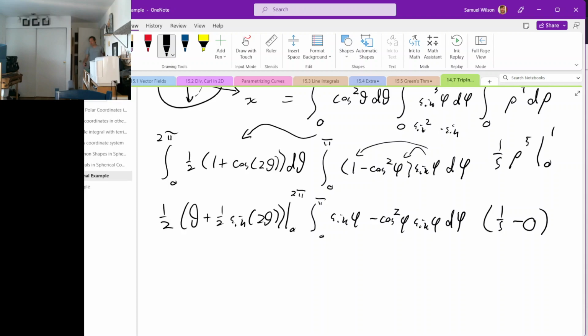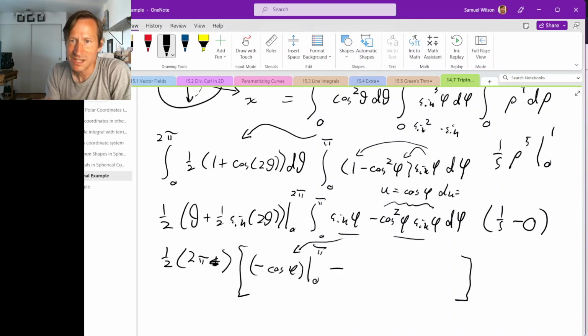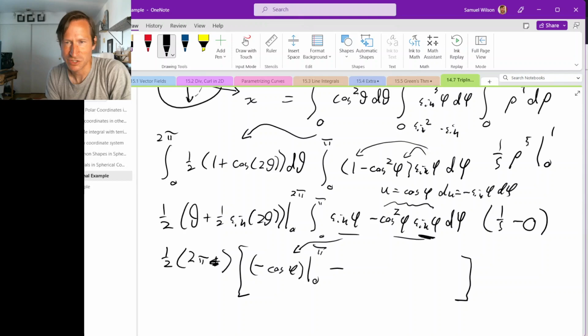Okay, and then minus, now we need to integrate cosine squared phi times sine phi. And the way to do this is to do a u substitution. Let u be cosine phi so that du is minus sine phi d phi. And when we do this substitution, that's going to use up this factor of sine so that we can integrate just using the power rule, essentially. And it looks like it's also going to use up this minus sign. So that will make this a plus, and we're going to get 1/3 cosine cubed